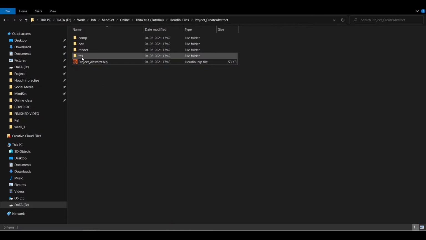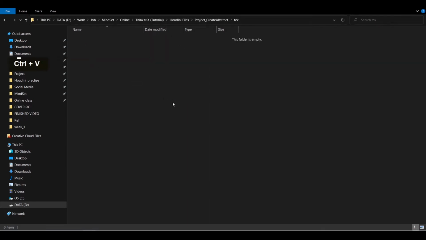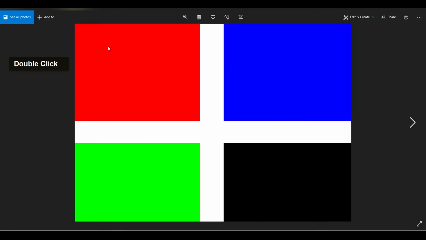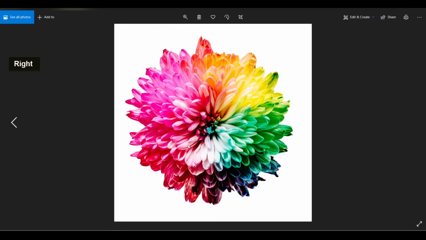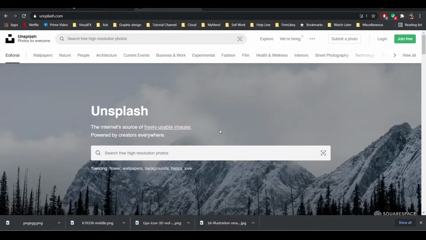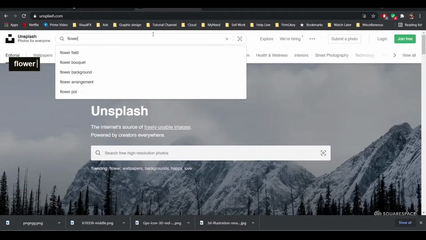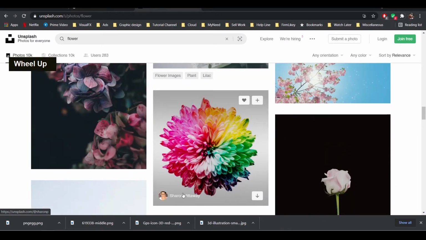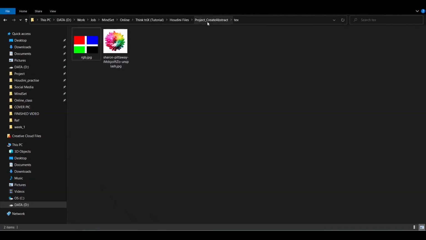I have two images that I wanted to import. So I will go to the folder and go to the texture, and I will paste them. Okay, so I have two images, this one and this one I imported. You can get this same image from Unsplash. This is a good website. So you could type flower or something, you can get this, see, by Sharon Pitaway, right? So I downloaded this one. You can get the same, and I pasted it here to our